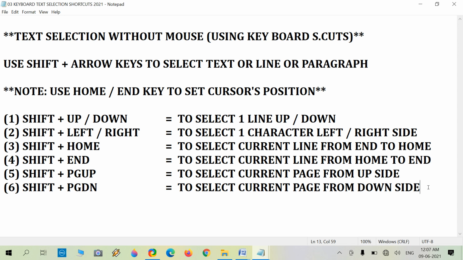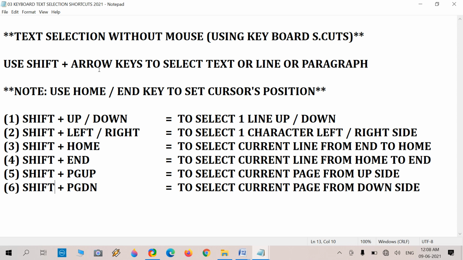So for this we will try this. Okay, now my cursor position is here. Now press and hold Shift and press Page Up, and here it is. It's not working here because this Notepad is a text editor, not a document file. In a Word document it works easily.